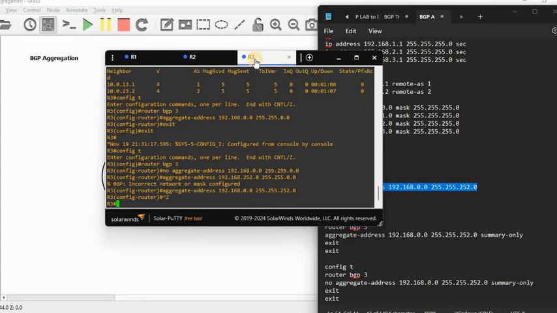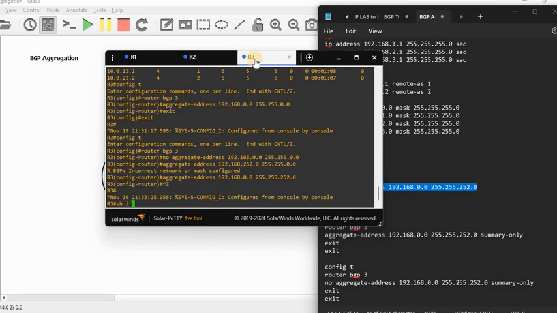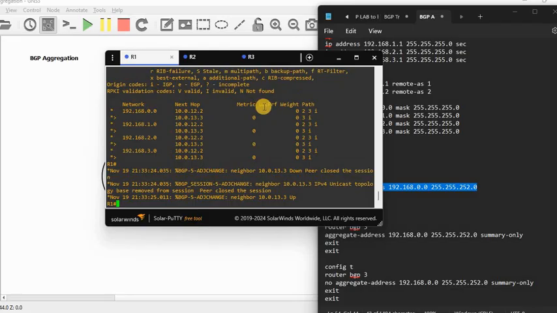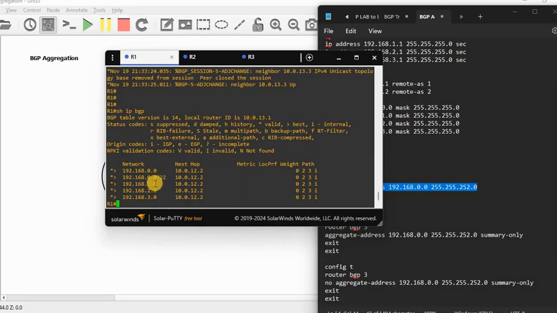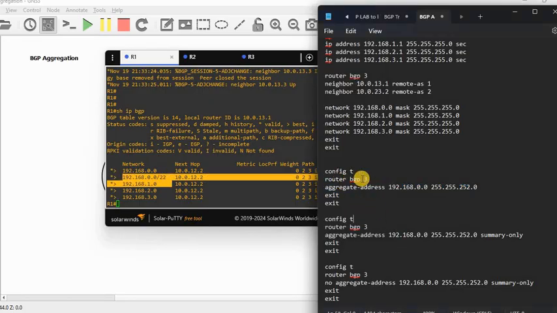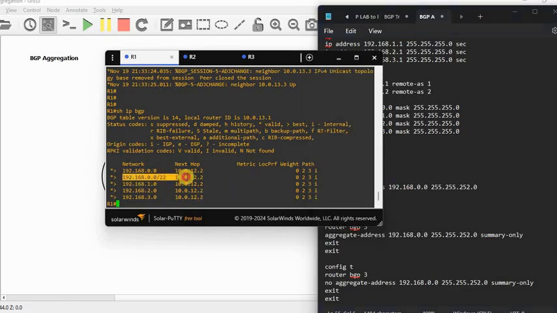It takes little time. We do the clear BGP. It will take a moment. See, so in R3 we create the summary. Okay, in R3 we create the summary, and we see in R1 it receives the summary route as usual,